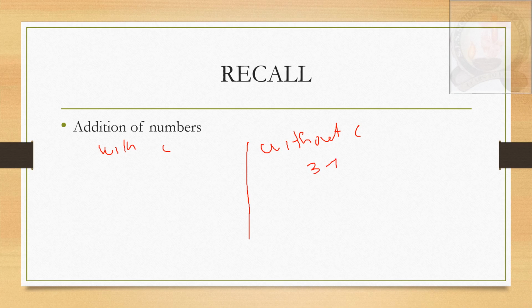For example, if you add 376 and 123, you can add like this. The addition starts by adding from the units digit onwards. 6 plus 3 is 9. There is no need of carrying, because we got 9, so you write it as it is. 7 plus 2 is 9. 3 plus 1 is 4. So here we did the addition without carrying any digits to the next one. This is the example for without carrying.